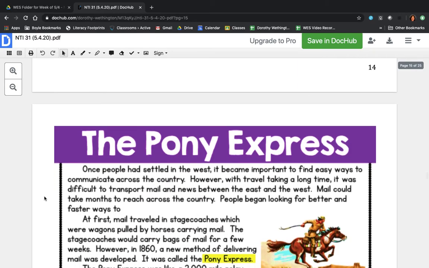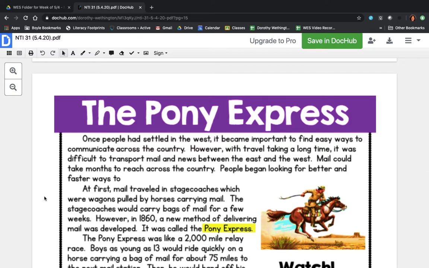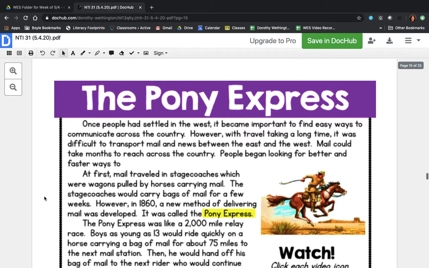The Pony Express. Once people had settled in the West, it became important to find easy ways to communicate across the country. However, with travel taking a long time, it was difficult to transport mail and news between the East and the West. Mail could take months to reach across the country. People began looking for a better and faster way to